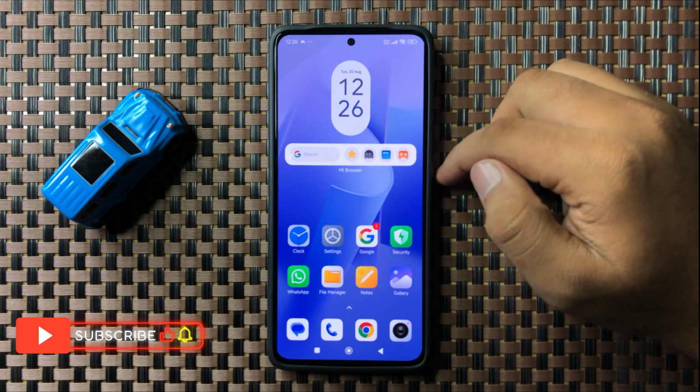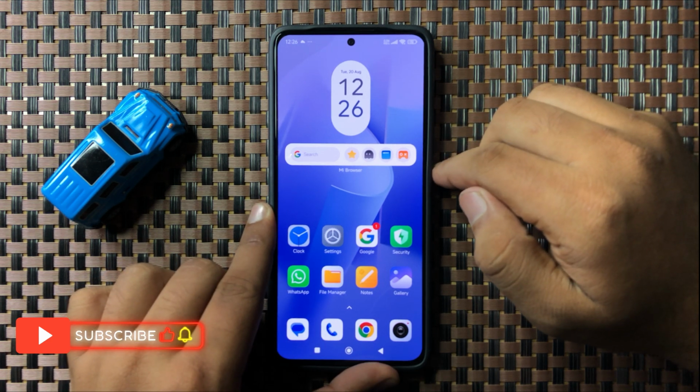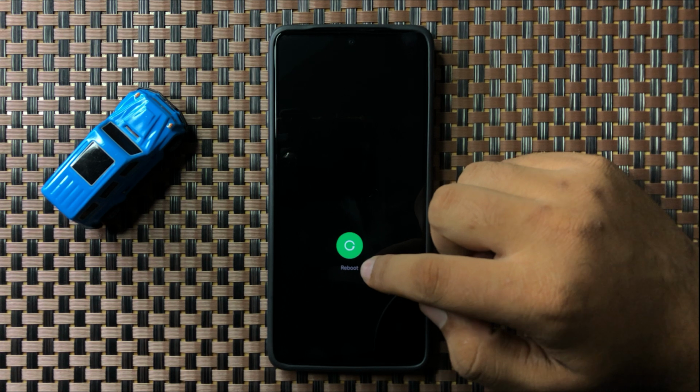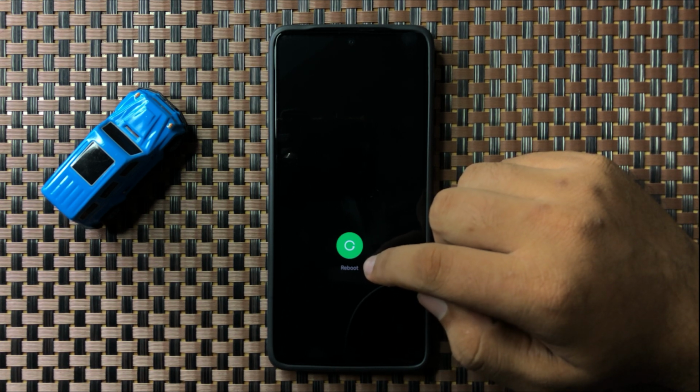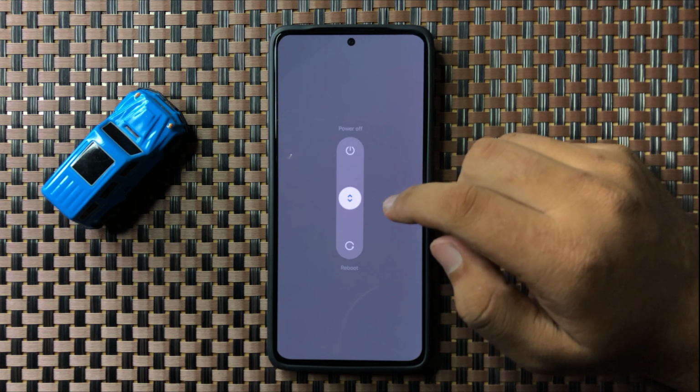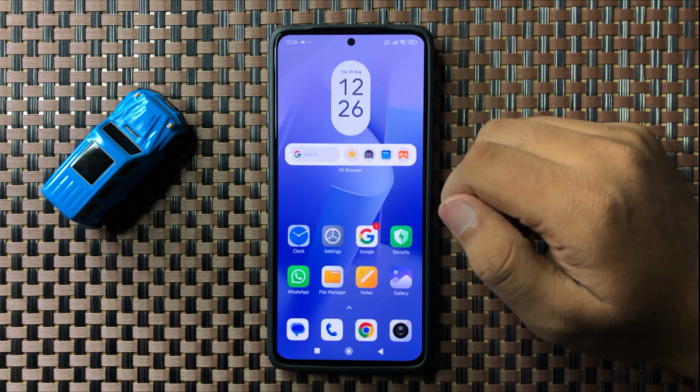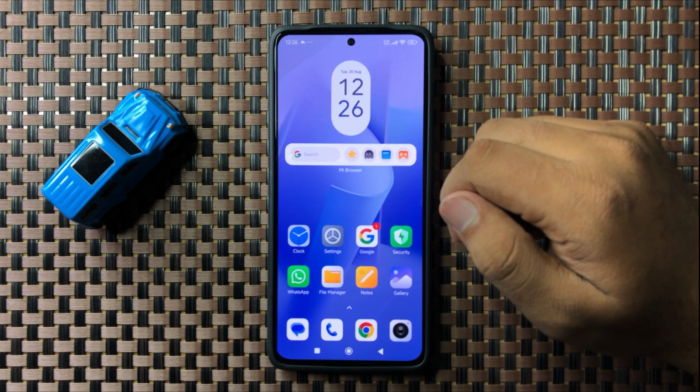So to restart, press and hold on the power button. Now swipe down, and when this button gets green, then you can lift up your finger from the screen to restart your phone. And after restarting your phone, the auto updating issue will be fixed. So that's how you can fix the keeps updating issue in